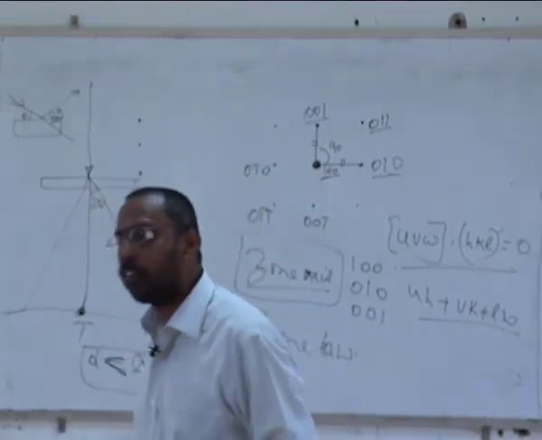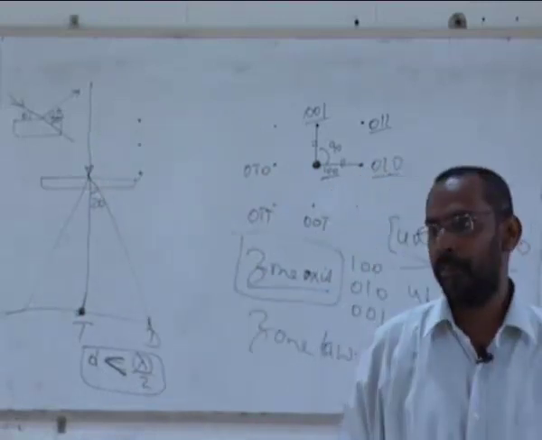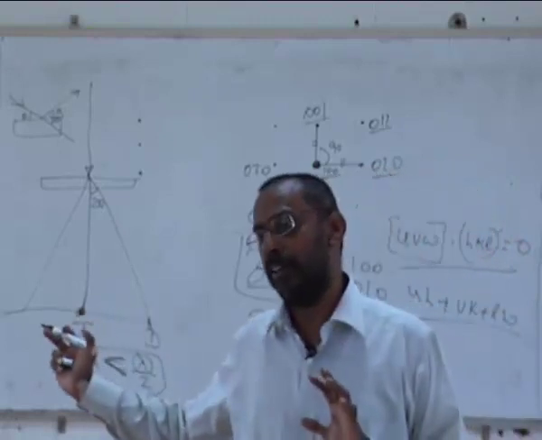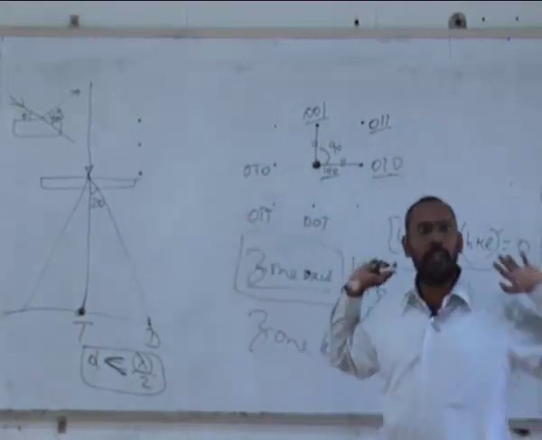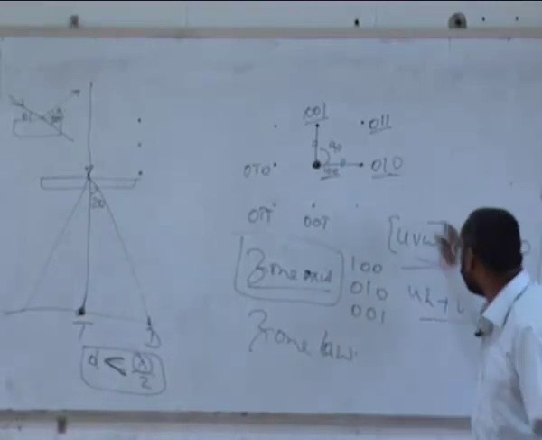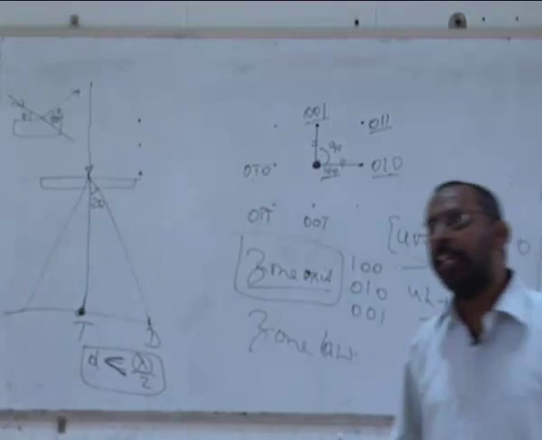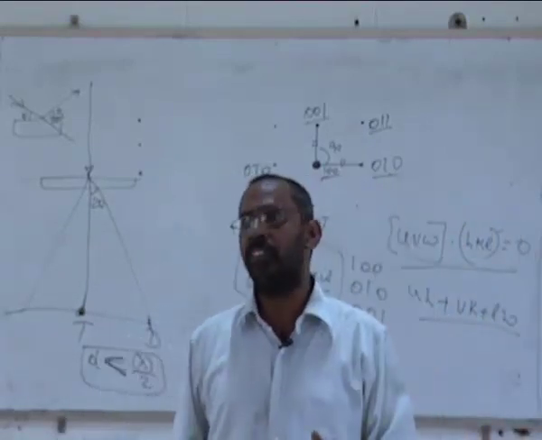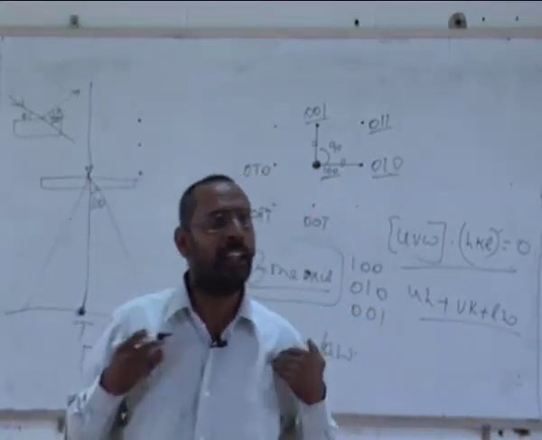In X-ray diffraction also, once I get a pattern, I need to index the pattern. How do I index the pattern? If I know the crystal structure, I can index the pattern. Similarly here also, I know that this is showing a four-fold symmetry, and I have confirmed that this is cubic, and then I am starting with indexing the pattern by using a rule called the zone law. And similarly, in X-ray diffraction, once I know that this is FCC, I know the first peak of FCC must be 111. The second peak must be 200.